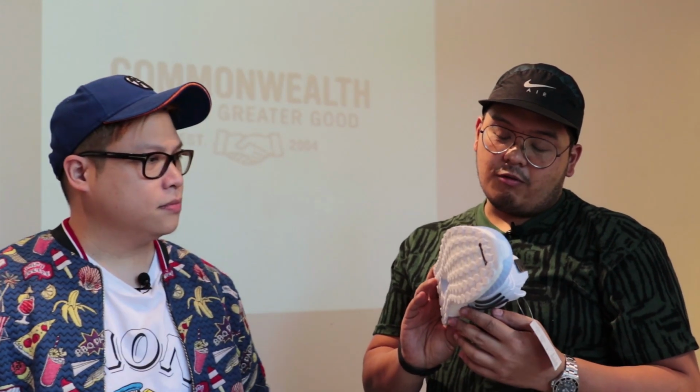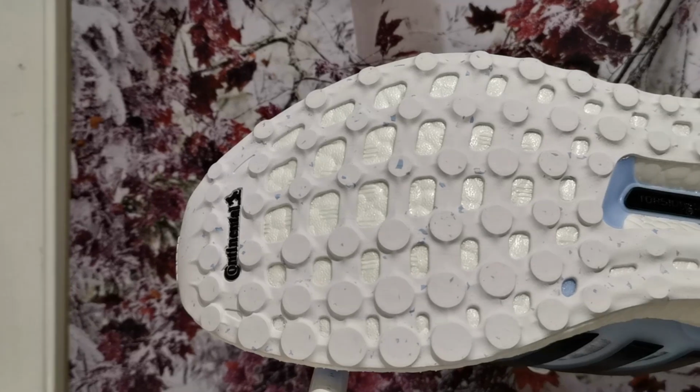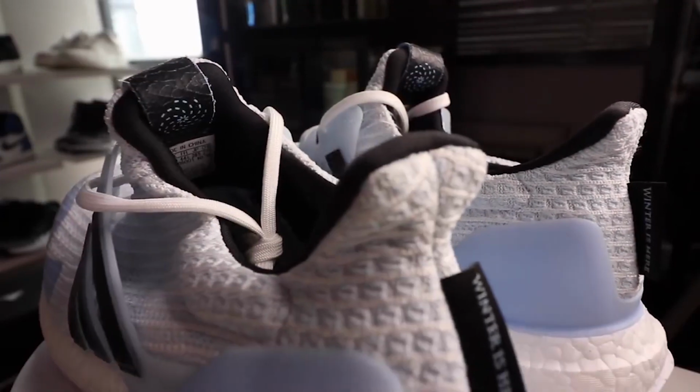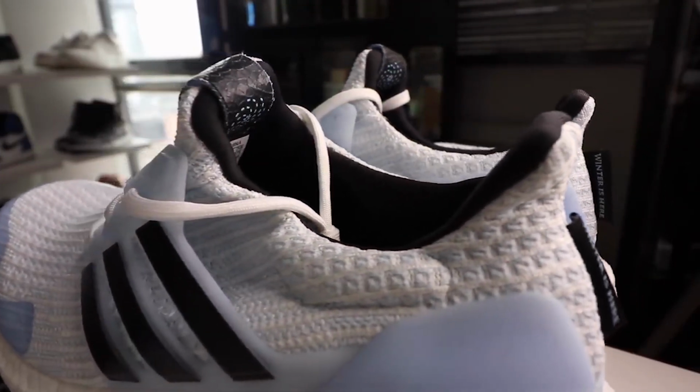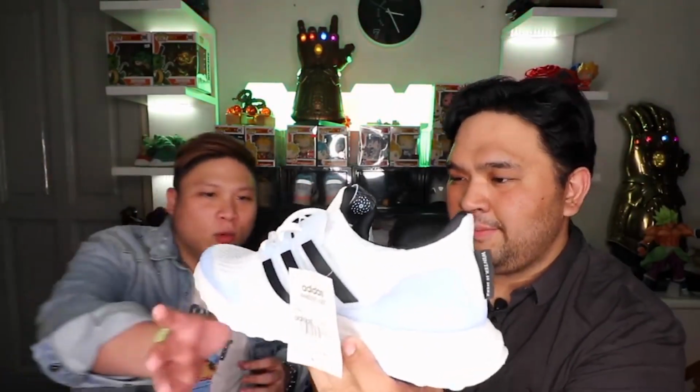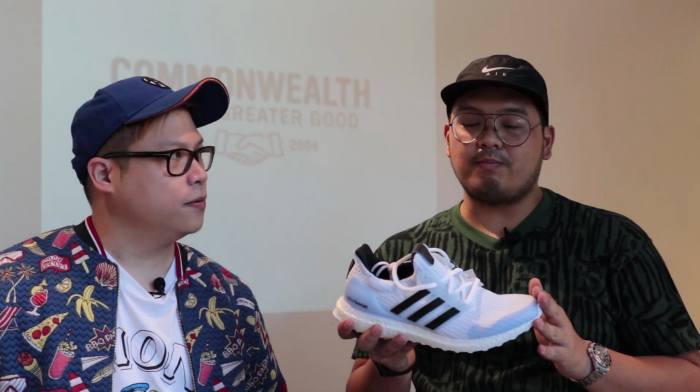The thing about the White Walker colorway is that it's white, it's light blue. If you don't notice the little details like this one, the one in the back, upon first impression it looks like more of a GR colorway. It does. To be fair, when I was talking to Carlo about it when we did our unboxing, I said my initial impression for the full collection was that it was kind of lazy. But when you look at the details that they put into it, that's when you start appreciating everything about it. And that for me is the redeeming factor, at least for this colorway,